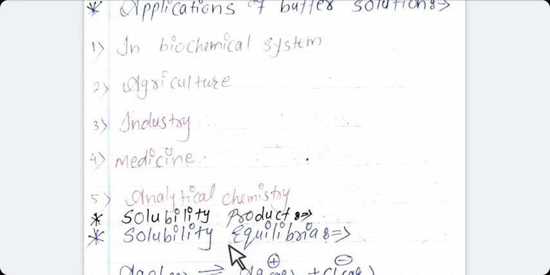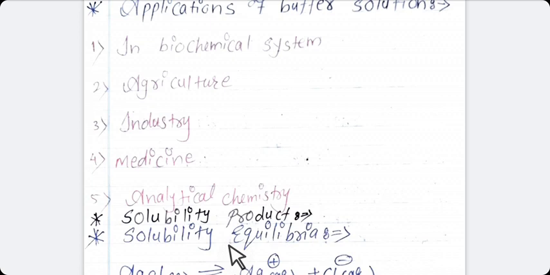First, we take silver chloride and put it into water and stir vigorously. Most of the salt remains undissolved. Thus, solid silver chloride is in contact with its saturated solution. Silver chloride is a strong electrolyte. Hence, the quantity of silver chloride that dissolves in water dissociates completely and produces Ag plus and Cl minus ions.